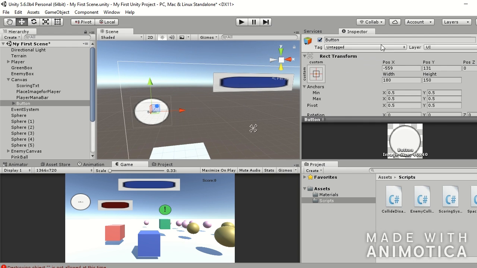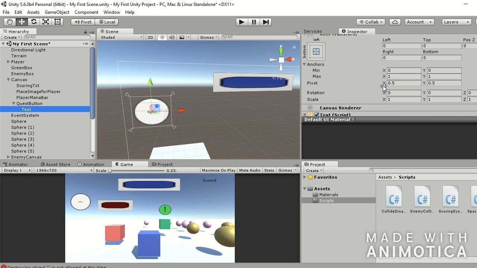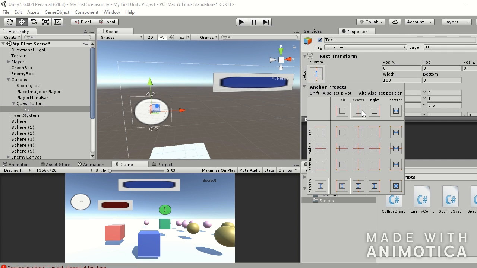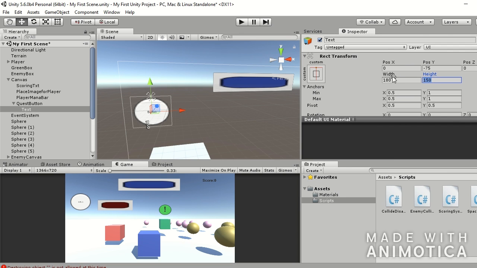So you can see here, sorry for that. So you can see here that there is a button. Now there is a quest button. Yes, it's the quest button. So you can see here the text. It's too small. The reference for it should include the height and then the width. So you can see here the height is